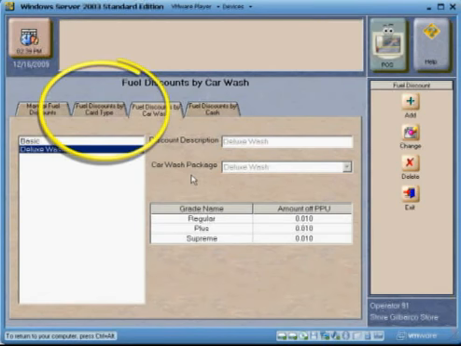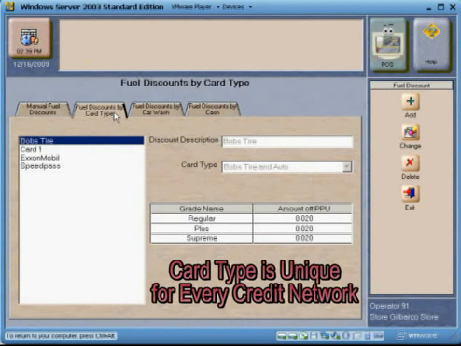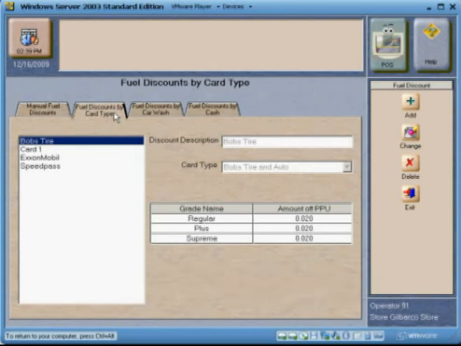There's also a discount by card type. Now, this card type is unique for every network that we support. You will actually show the network cards that are downloaded to your store. You can discount by a particular card. This is actually an ExxonMobil based system, so I'm showing you a discount for ExxonMobil and SpeedPass. But if you were any other major oil, you could discount based upon whatever cards are downloaded to you from that major oil network. They will actually show in the listing over here on the right